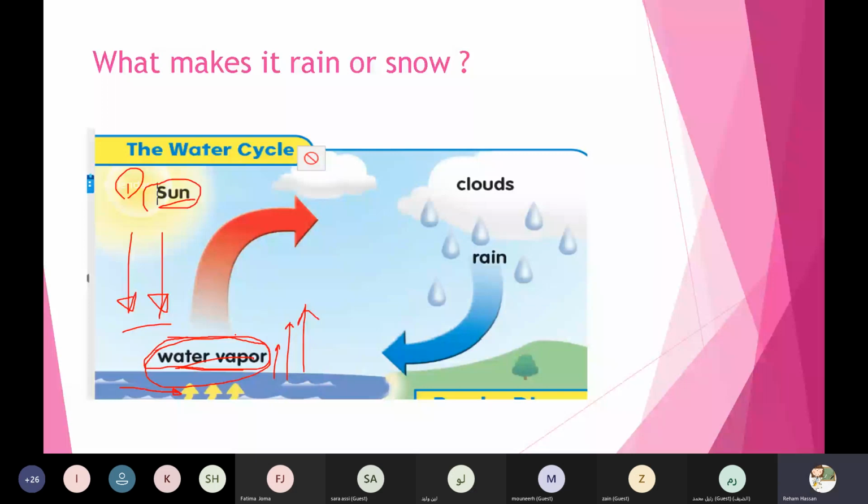Jude, when the water vapor goes into the air, it cools in the sky. Okay, Jude, so when the water vapor goes into the air, it cools in the sky. Like this cover, it cools. So it cools in the sky, and now